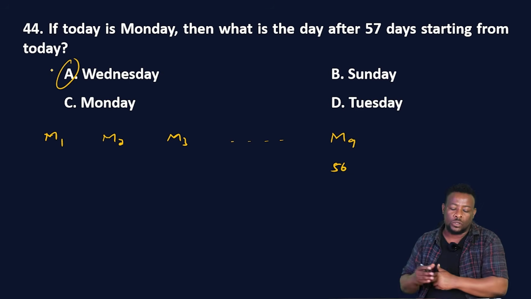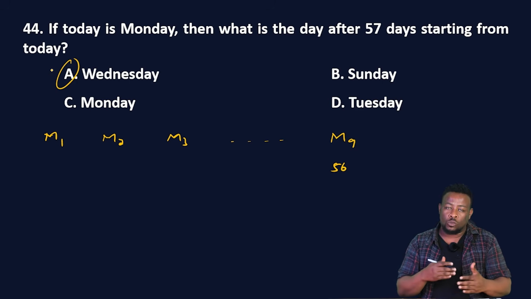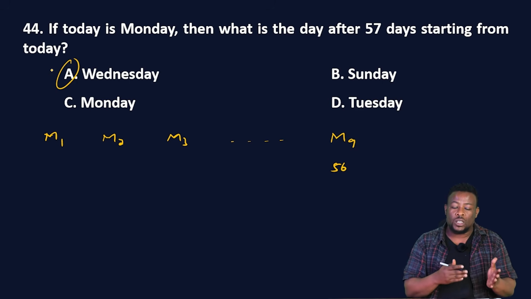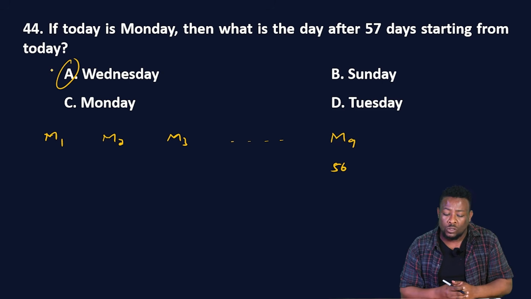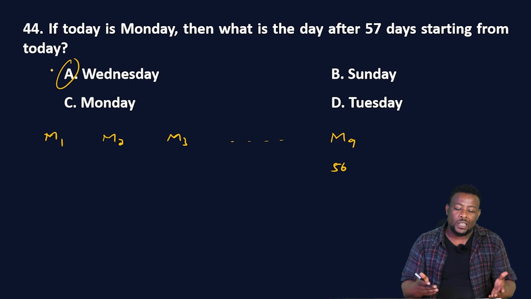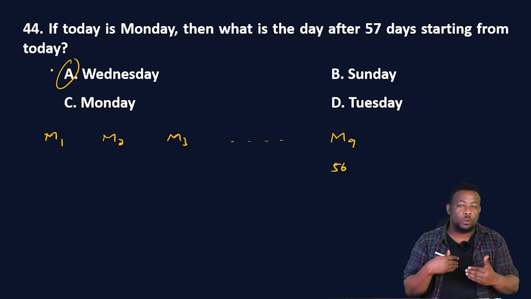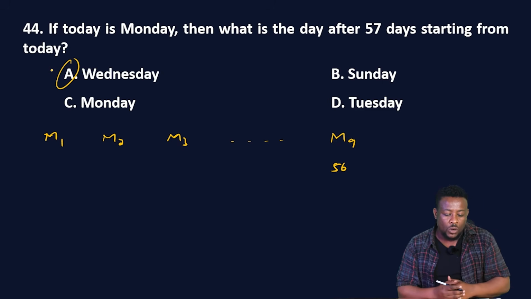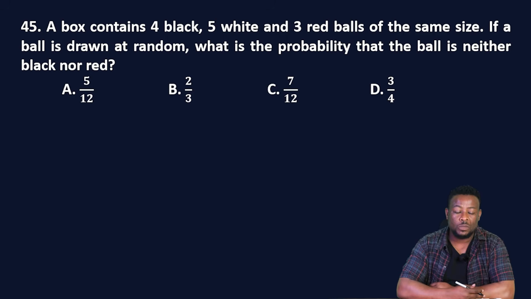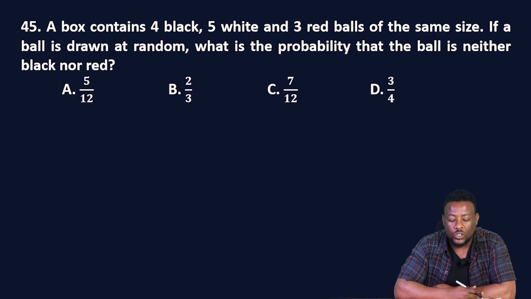You can list out M1 M2 M3 እያላችሁ ካውንት ለማድረግ እንዲመቻችሁ የተለያዩትን መንዴዎች እንዲመደርደር ትችላላችሁ። You can use also different techniques የሚመቻችሁን መጠቀም ትችላላችሁ። So if today is Monday, the day after 57 days will be Wednesday. So የ44ኛው ጥያቄ መልሳችን የሚሆነው A ነው ማለት ነው።